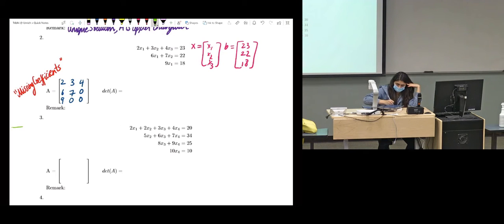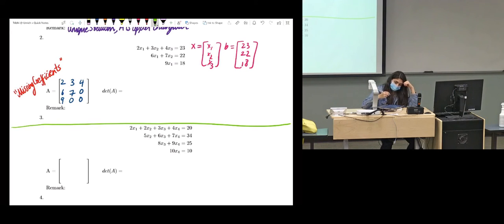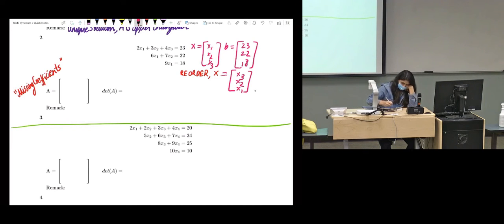So I'm going to do it right here. I'm going to reorder my x so that x is equal to x3, x2, x1. Once we build our A matrix, you'll see why, and hopefully you can build an intuition as to why I did that. I'm going to keep the variable b the same, and I don't have to change the order of my equations, but my A matrix now changes with my new definition of x. My A matrix now becomes,